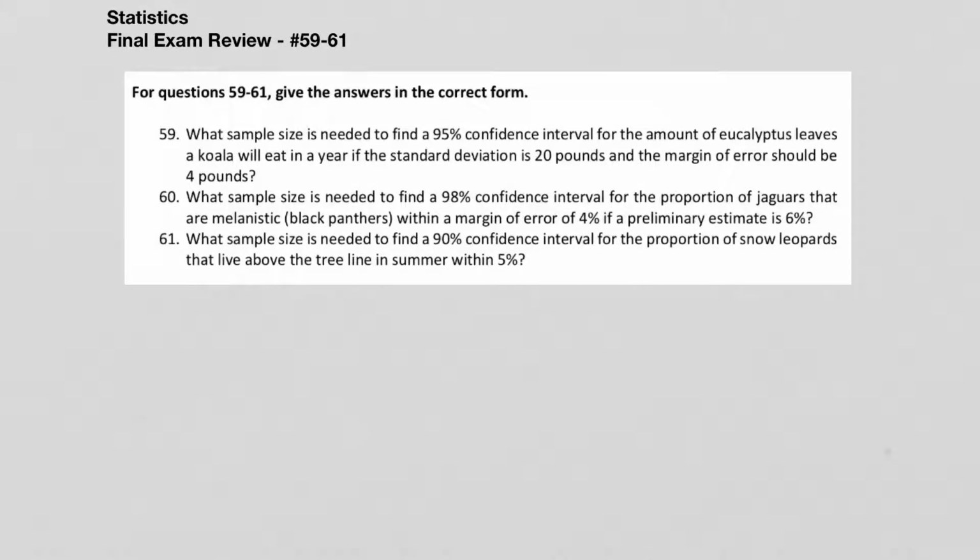In these problems, we're calculating the sample size needed to find a confidence interval. So let's take a look at 59. Here we have: what sample size is needed to find a 95% confidence interval for the amount of eucalyptus leaves a koala will eat in a year if the standard deviation is 20 pounds and the margin of error should be 4 pounds. Since I know the standard deviation, this is a confidence interval about a mean. So we're going to use the formula